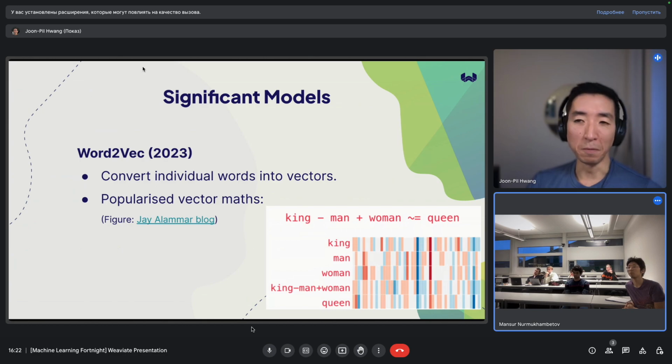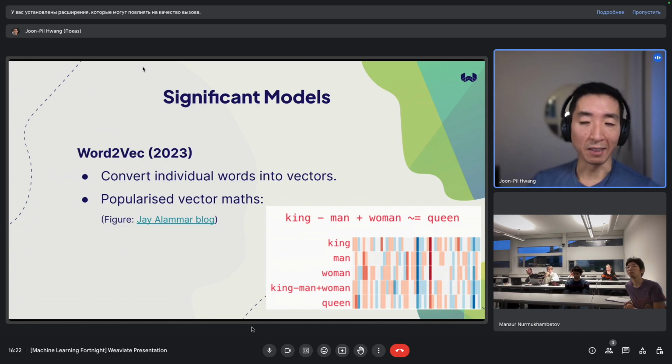And you can actually just perform arithmetic like this using the vectors you get out, right? So these are vectors shown as barcodes. And if you subtract man from king and add woman, you get this vector on the bottom. And if you kind of squint a little bit, it's pretty close-ish to the vector for queen. And you can kind of see where this is going, right?